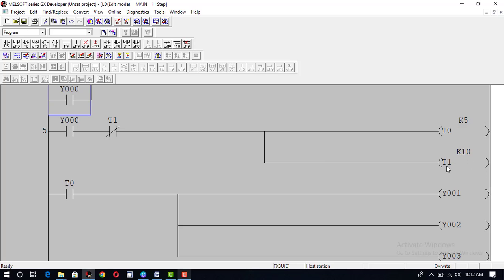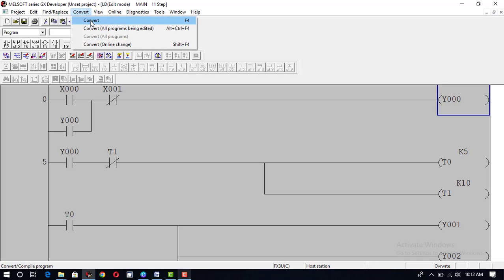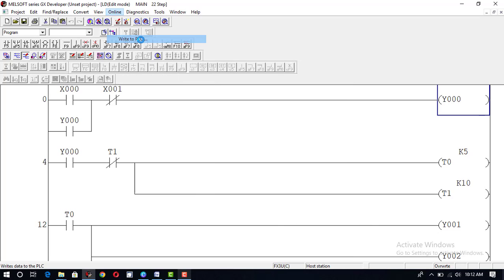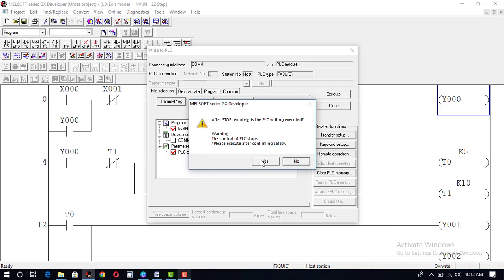Again, when it is turned off, this is placed in normally closed condition, so it will be turned on. As Y0 is already turned on, both the timers will start their timing again and again. In this way, they will work in a loop, and you can see that practically. First of all, we will convert this program: going to write to PLC, program, parameter, execute, write, yes,